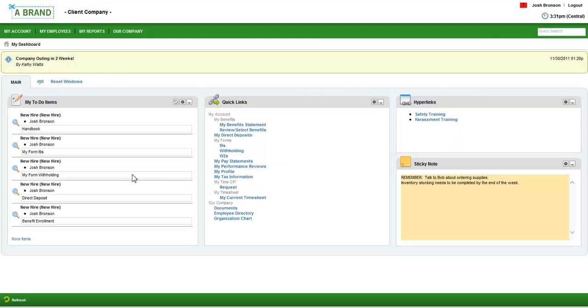I'm logged in as our new hire Josh, and he can access all of his employee self-service functionalities from the My Account menu option. But today we're just going to focus on the onboarding process. In the announcements section, a global message will be displayed for all company employees. Checklists can also be configured here on the dashboard to list the items that a particular person is responsible to complete. The Quick Links section allows an employee to navigate through various areas of the system using the hyperlinks that